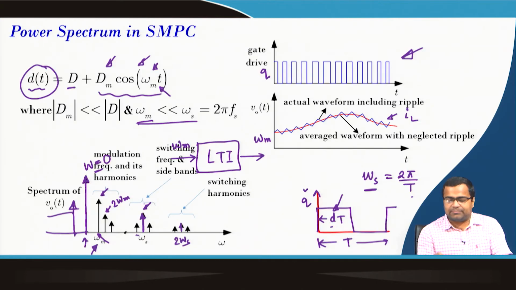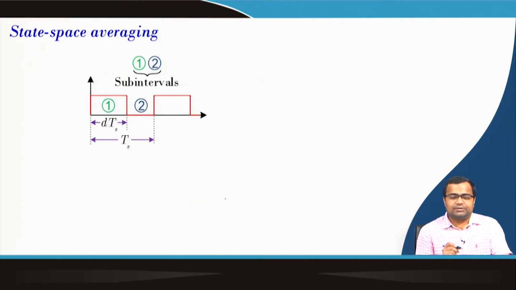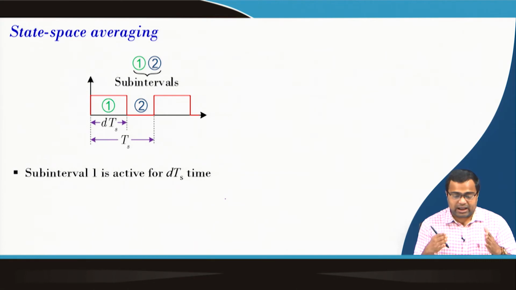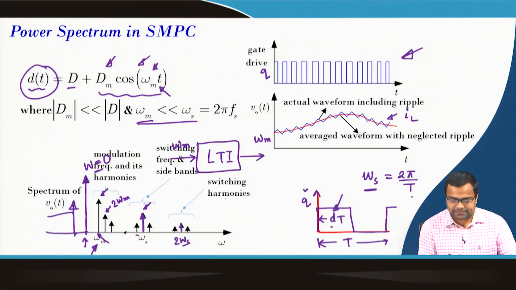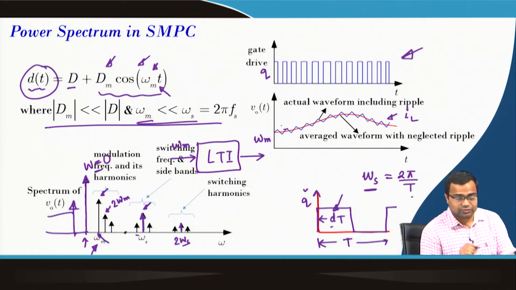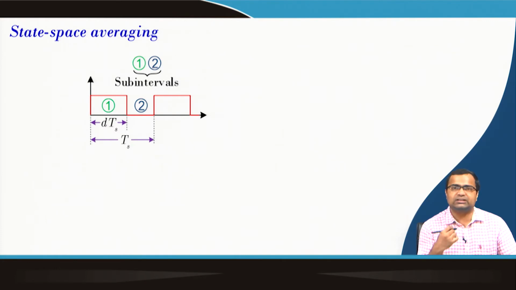So, this is the sideband we have discussed, and the switching harmonics. Now, under state space averaging, what are we doing? We are assuming that our averaging is valid for low frequency. Under this assumption, the excitation signal amplitude is much smaller than the original DC quantity, and the excitation frequency is also smaller. So, we can ignore the behavior of the ripple information. We are only considering the average dynamics of this converter. Under this condition, we can move forward with the state space averaging.